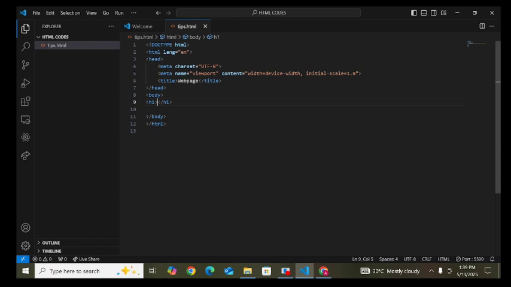So this is H1, which is heading 1. Heading 1. So the next one we have